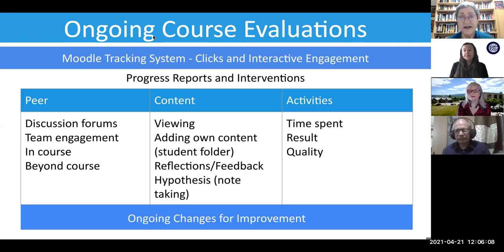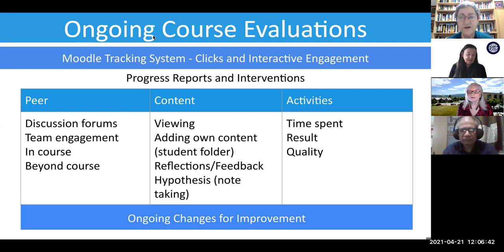I can also find out if there's any incidental learning or any other communication going on beyond the LMS, beyond the online course. And this is sometimes really important, because you might wonder, why are they spending so much time outside the LMS? Maybe there's more interesting things happening outside your course. So this is something that you might want to ensure that your course is giving your students everything that is